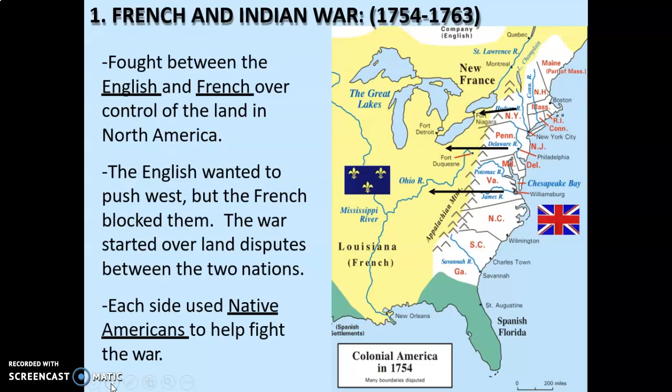Really, Fort Duquesne there, if you look right here, what happened here was the French built this fort, and Virginia claimed that land. It's today Pittsburgh. Virginia claimed land pretty much all the way over to the Mississippi and about up to the Great Lakes there, Lake Erie. So when they sent George Washington, young 22-year-old surveyor and militiaman, up to see what was going on